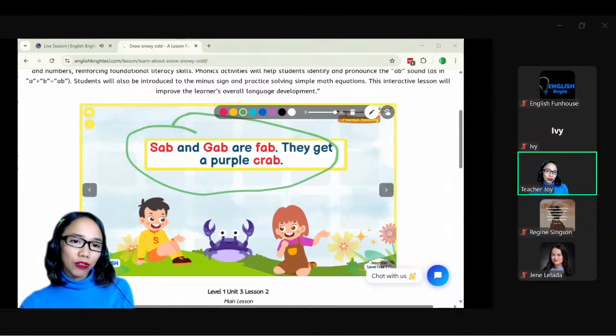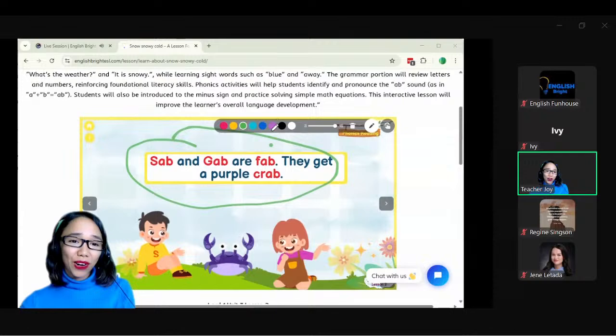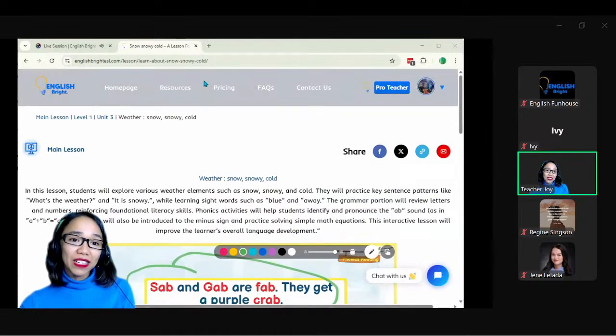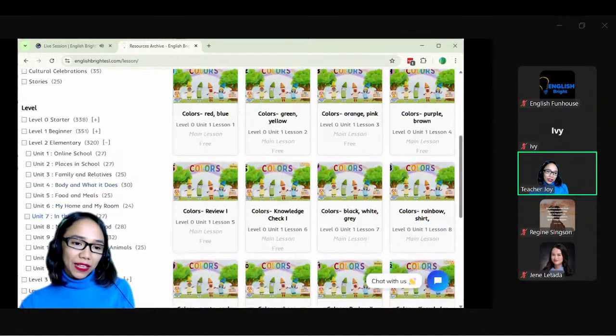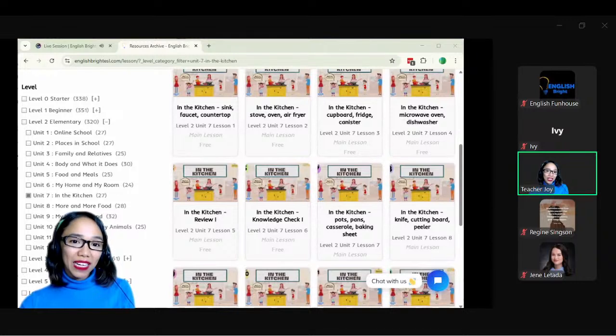Oh, yes, absolutely. Let's talk about a fun strategy. I think I've always mentioned this in our live, the role playing, the dialogues. We have that in, I think, level 2. Yes. So I really like this. You can really make use of this in their pronunciation as a pronunciation practice. So let's go to the